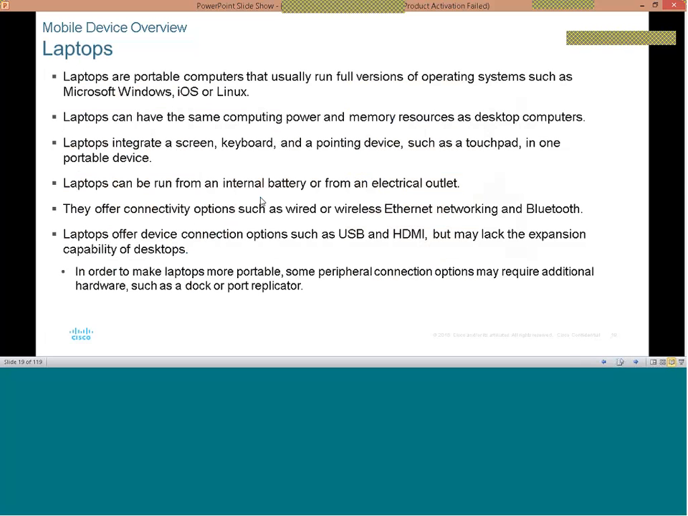Your laptops can run from an internal battery or from an electrical outlet, so you can actually power it from both sources. But of course, you need the AC adapter to be able to charge the battery. They offer connectivity options such as wired and wireless, just like the desktop, and Bluetooth as well. So laptops offer device connections such as USB and HDMI. So you have the South Bridge, which comprises your USB ports and also